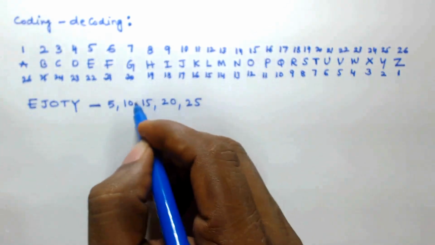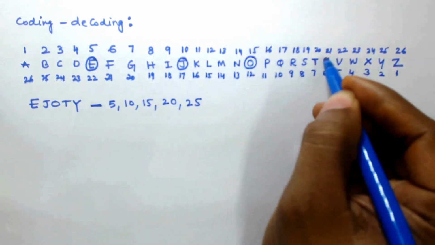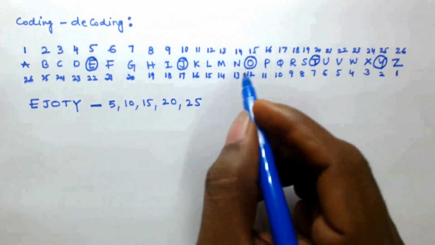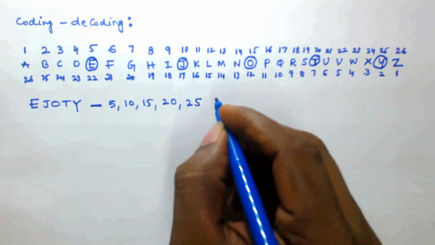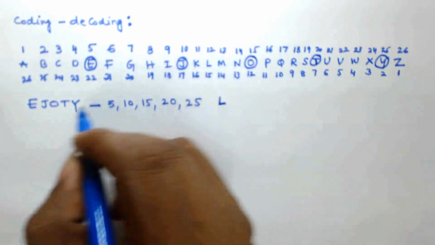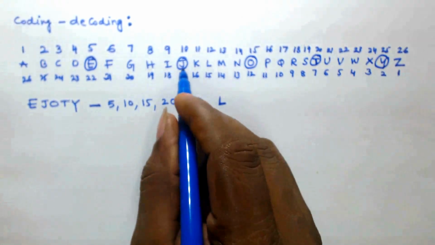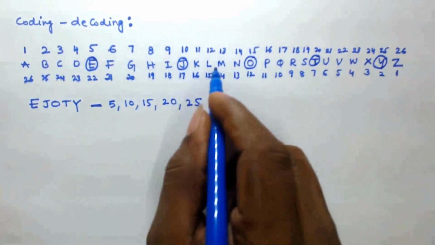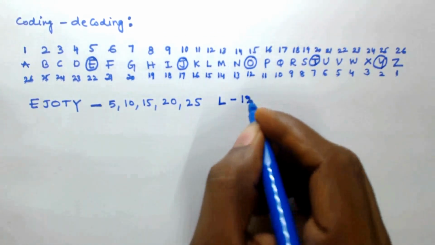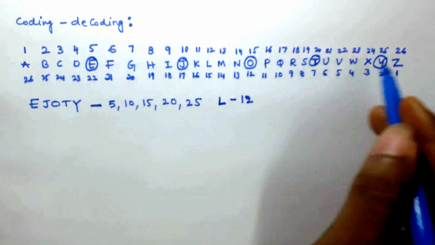So from this we take E, J, O, T and Y as the bases. For example, I want to find the alphabetical order of L. How can I find it? We know that L is very near to J, and we remember EJOTY, that is 5, 10, 15, 20, 25. So J is 10 and L comes two places after J. So based on J being 10, L is going to be 12. In this way, by using the EJOTY rule, we can remember the alphabetical order of A to Z.